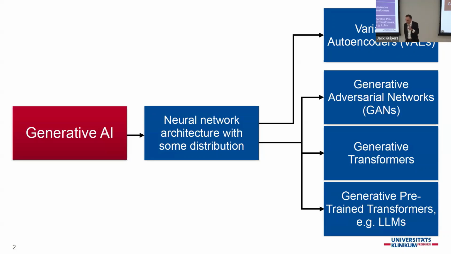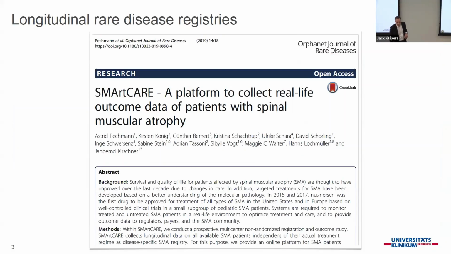I'm not going to cover GANs; I'm going to give you examples with variational autoencoders, and I couldn't resist also showing a little bit about transformers and a little bit about LLMs. And I promise, it's small clinical data, so we're going very small, towards a rare disease. In our methods research, we like to look at longitudinal data, and this is data from a